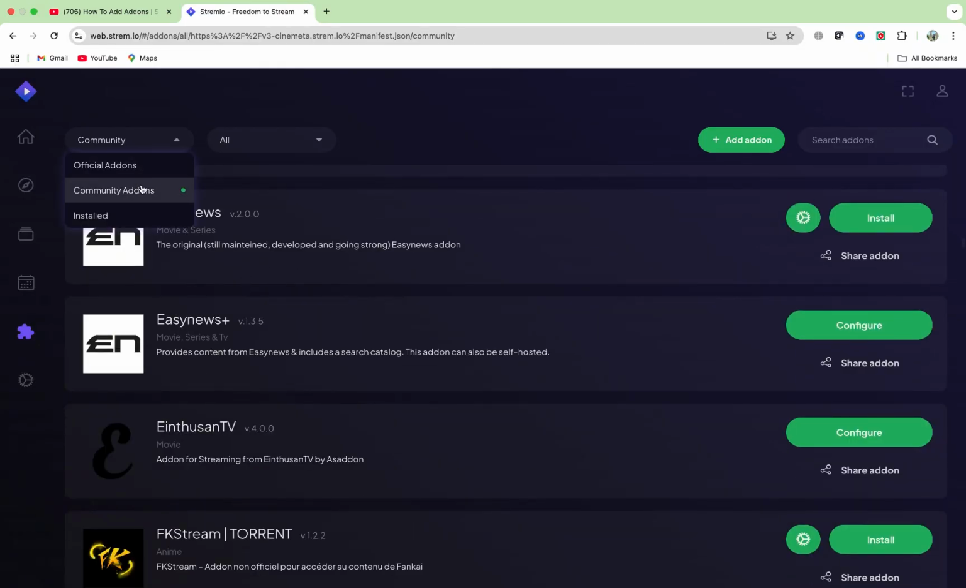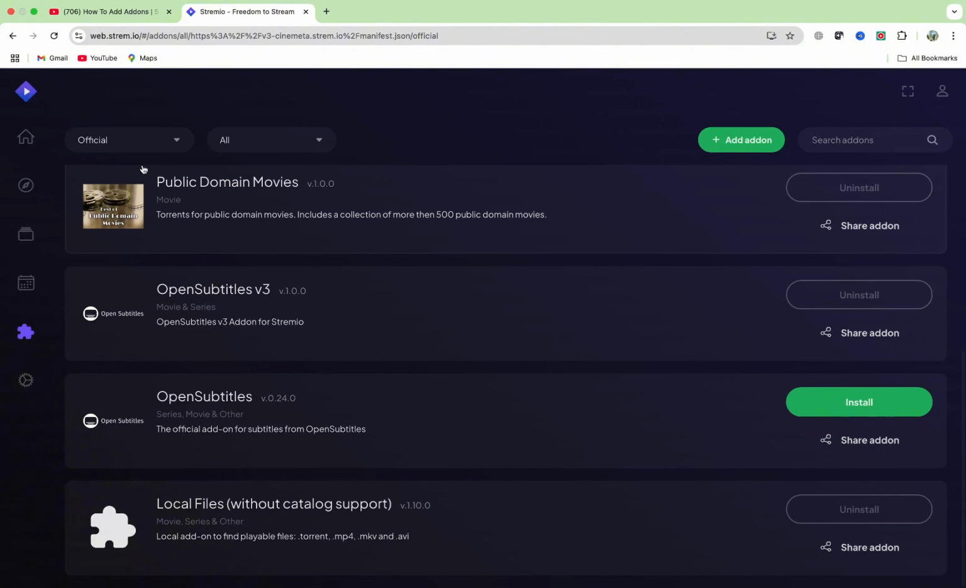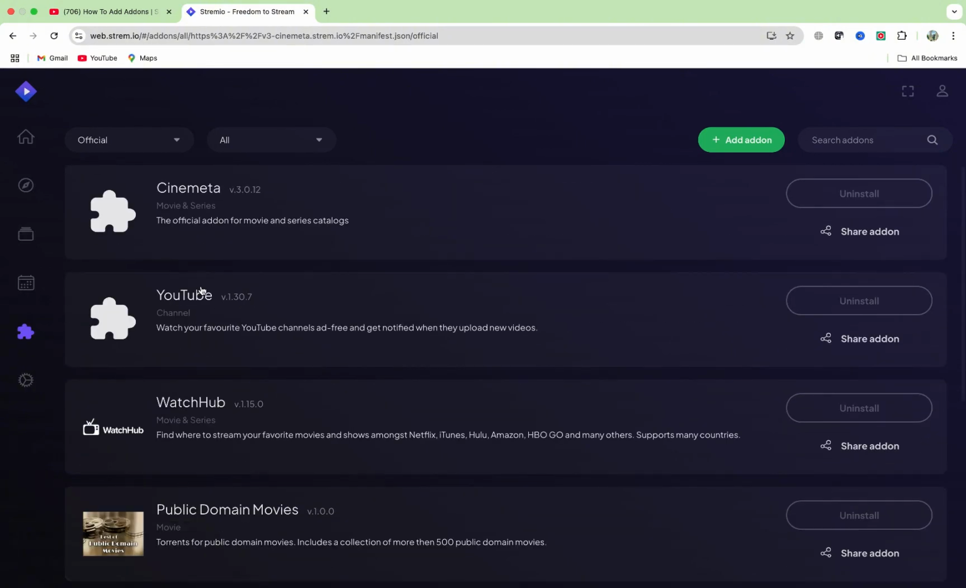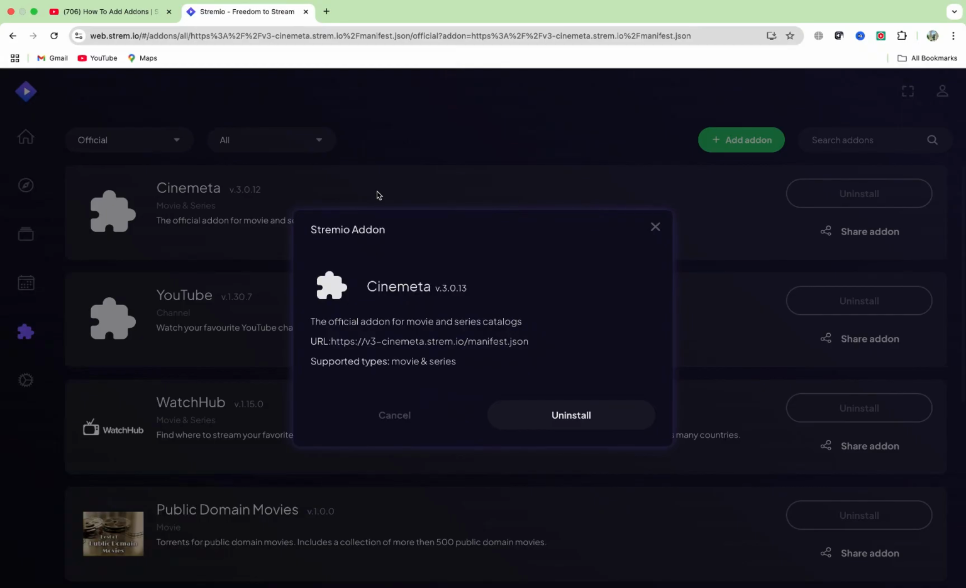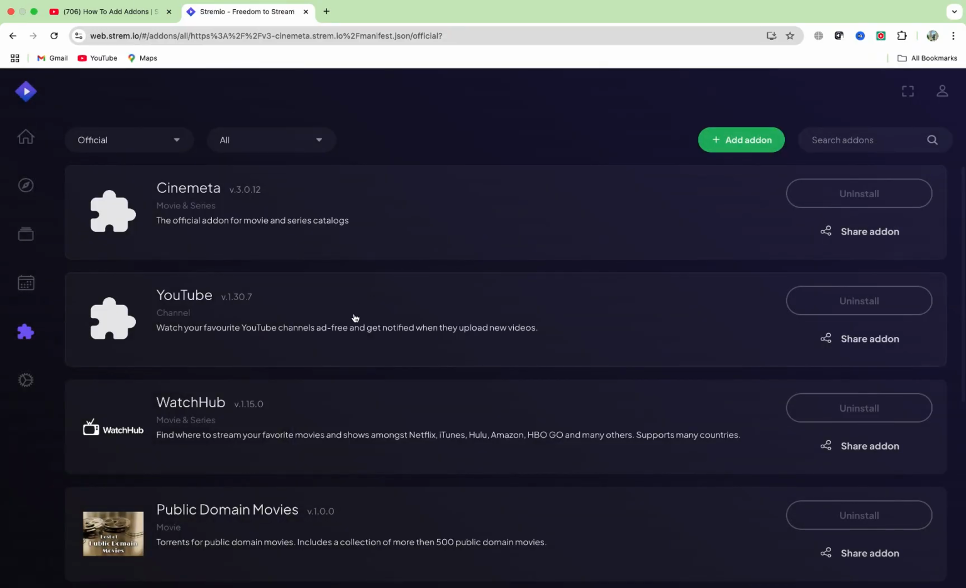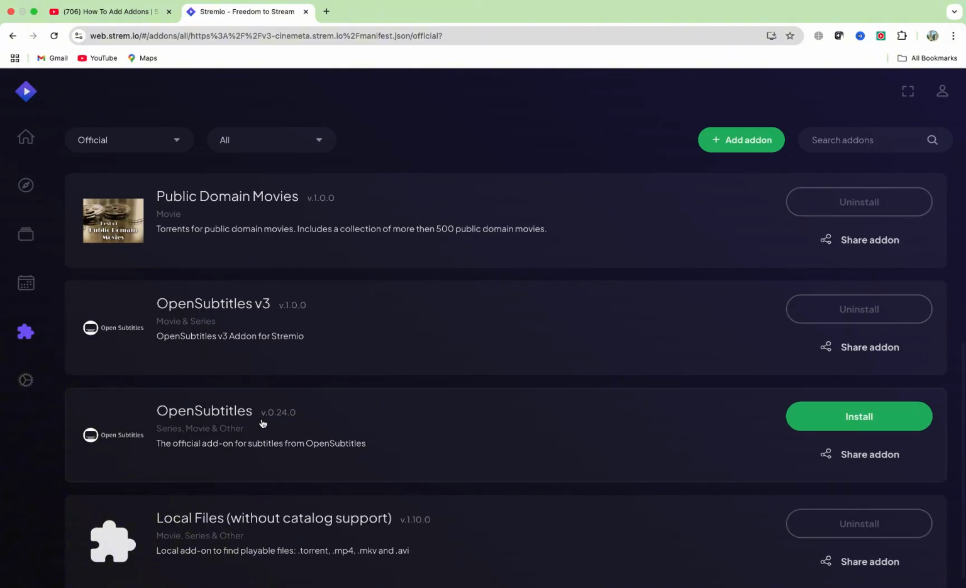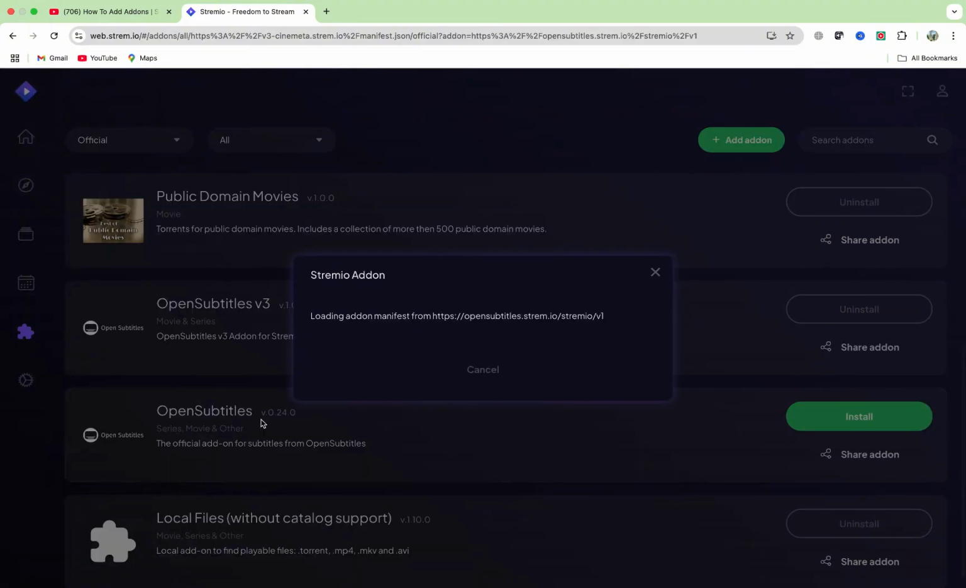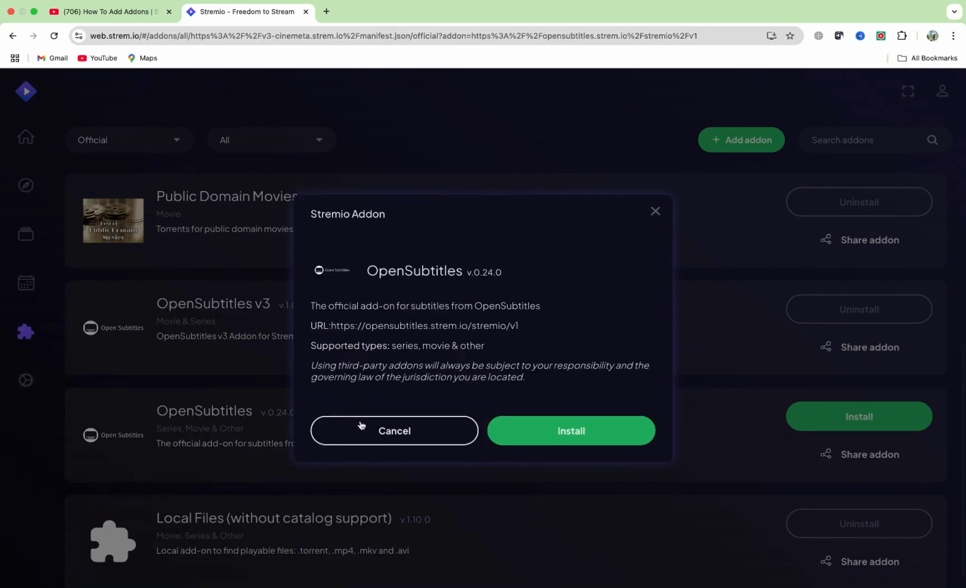Now let's look at a few good official options. One popular add-on is Finity, which acts like a catalog and pulls content info from platforms like Netflix, Disney+, and HBO. Keeps everything in one place so you can easily browse and track what you want to watch. Another great one is Open Subtitles, which gives you access to subtitles in tons of different languages for your favorite movies and shows. To install an add-on, all you need to do is click on it, then hit the install